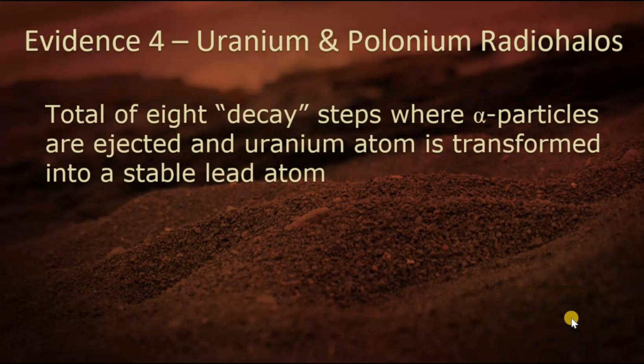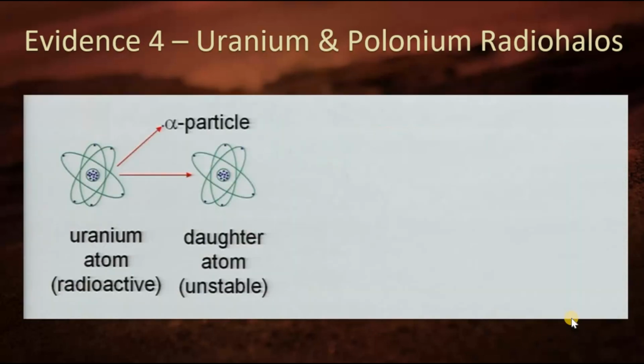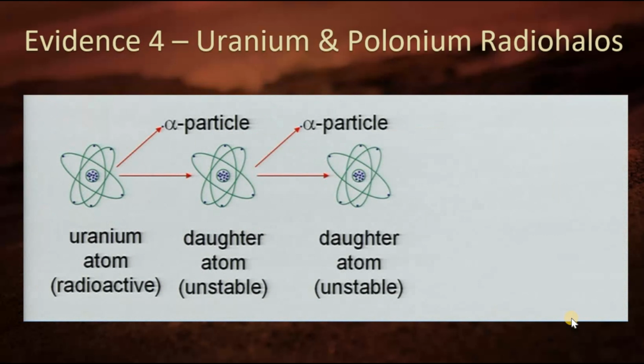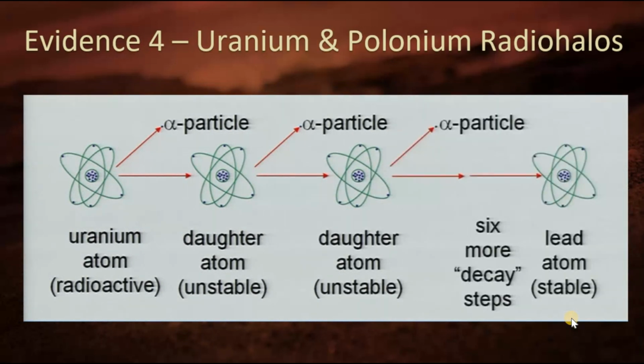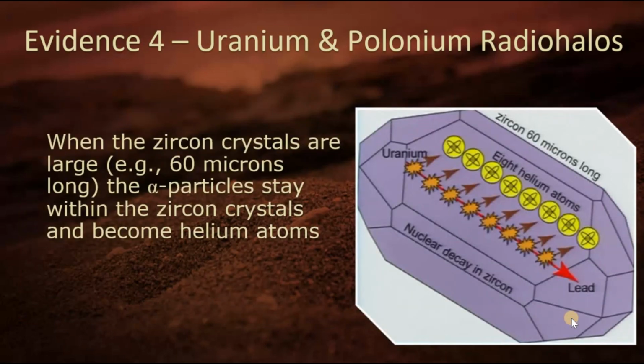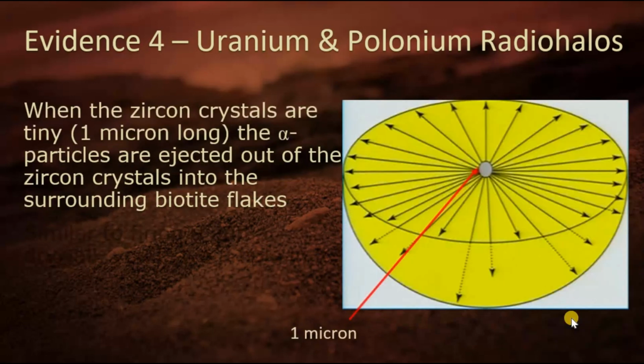And there's a total of 8 decay steps where alpha particles are ejected and the uranium atom is transformed into a stable lead atom. So we get 1 alpha particle, a 2nd alpha particle, and then 6 more decay steps lead to a stable lead atom. When the zircon crystals are large, we already talked about it, it stays in that mica. But when the zircon crystals are tiny, not 60 microns, but 1, the alpha particles are ejected out of the zircon crystal and into the surrounding biotite flakes,